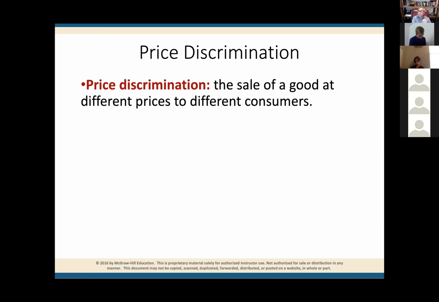For example, not now because you're not traveling, but in the past, it's not uncommon. Every time you travel on an airplane, it's not uncommon that the person next to you pays a totally different price than what you pay. It's possible that you're flying from, let's say, Atlanta to Dallas, and you pay $260 round trip, and the other guy pays $1,100, and the other guy across the aisle pays $900. Now, why is that the case?